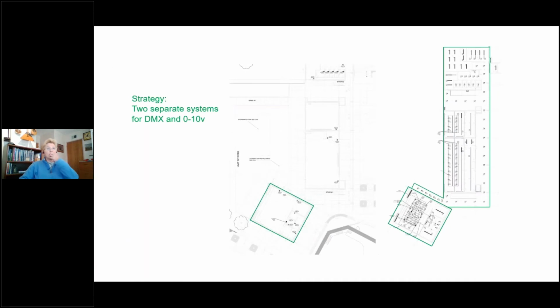So I want to show a very simple way tying back to the user interface and to the user experience. I want to tie back a very simple project that brings all of these elements together in a more visual way that is expressed on the plans as opposed to in a bunch of schedules. There are schedules that go with this, but they will be simplified and more visual as we go along here.